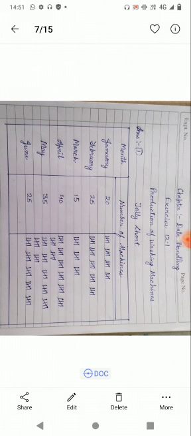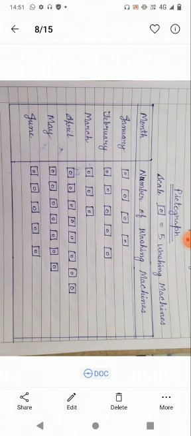In the month of February 25, in March 15, in April 40, in May 35, and in June it is 25. See, I have drawn 4 straight lines and 1 slanting line, that means 5. So 5, then 5, then 5, then 5. This way you will represent the data in tally chart form.